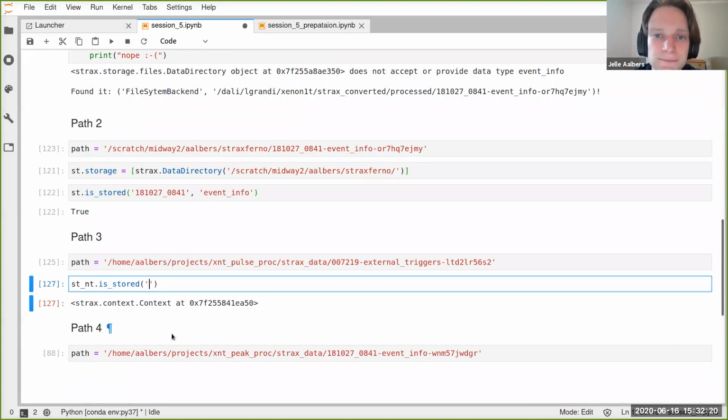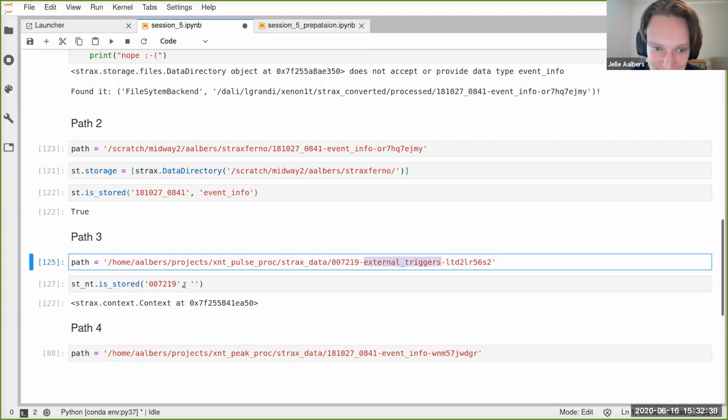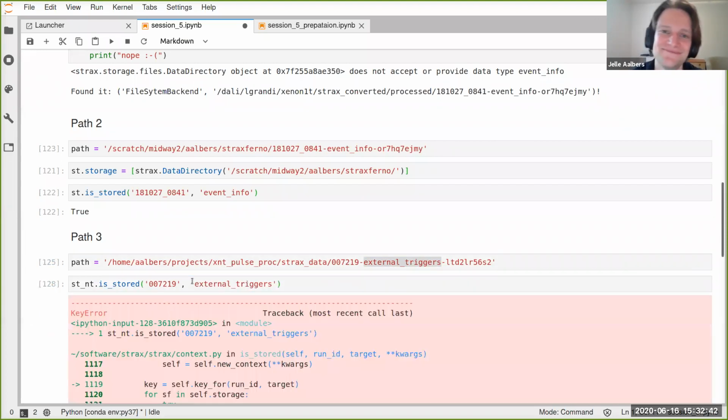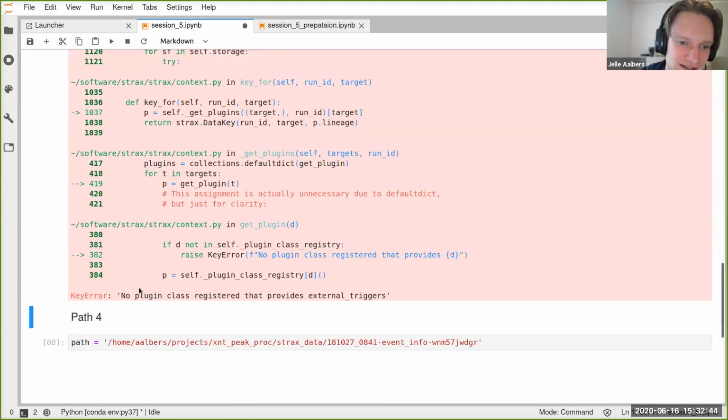Which run shall we pick? It's quite a lot of runs, right? 7219. Okay, that's this one. Maybe it'll work. Yeah, this can't happen, right? This would be too easy. No, unfortunately, it says no plugin class registered.